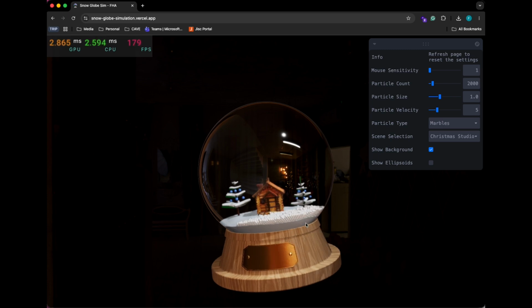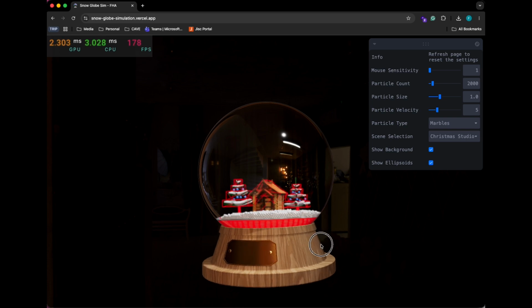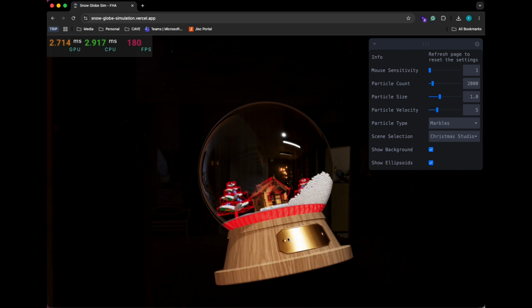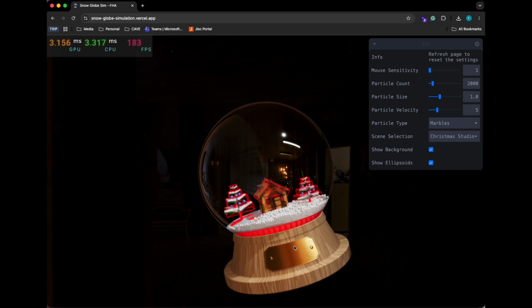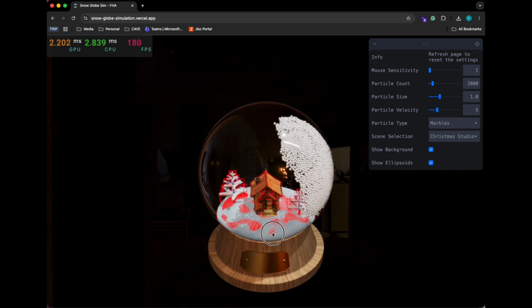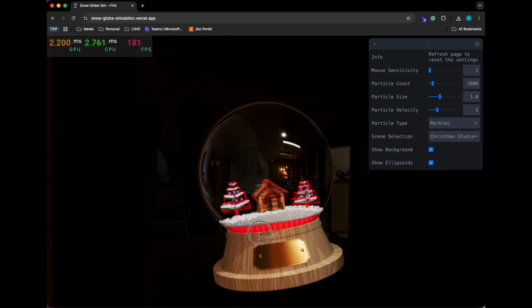Then for collision handling, we implemented ellipsoids, as you can see here. If we enable the ellipsoids, we see all the different parameters or all the constraints where the balls cannot get inside, as we have the ground, we have the house, and the two trees. So what we're doing is, if a ball touches one of these constraints, we just retract it and it is